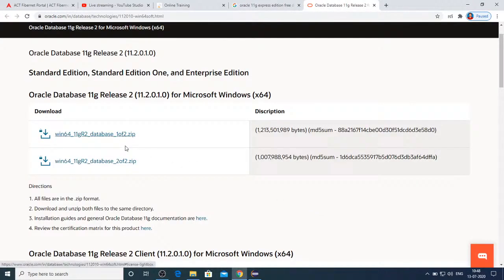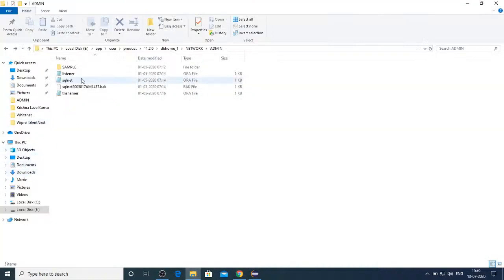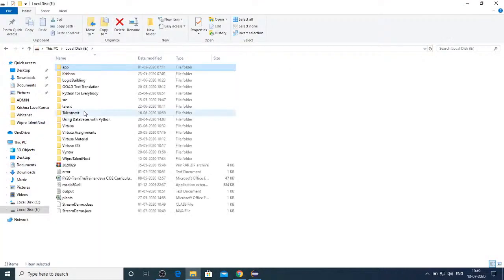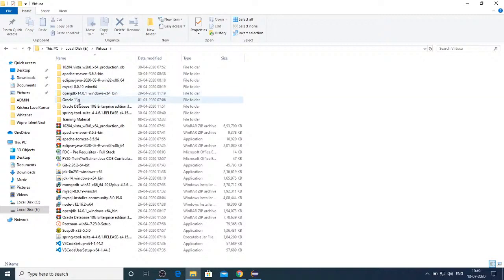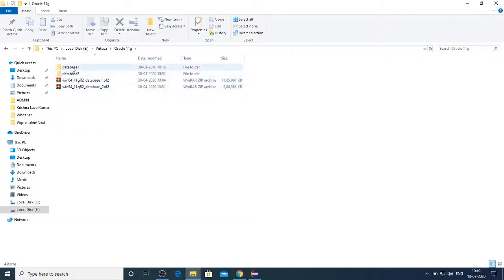After downloading both these zip files, you can see what you need to perform. You just need to unzip both the files into the same directory. In Oracle 11g, you will get 2 zips like this.